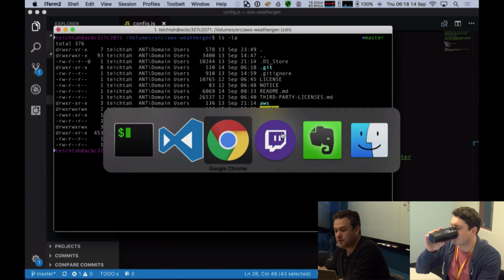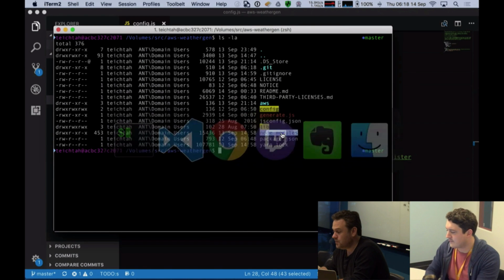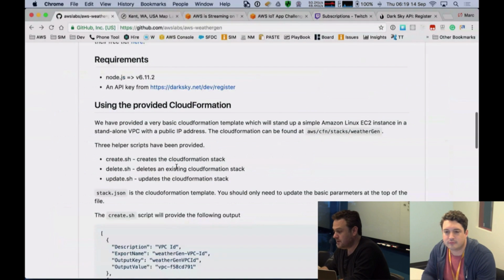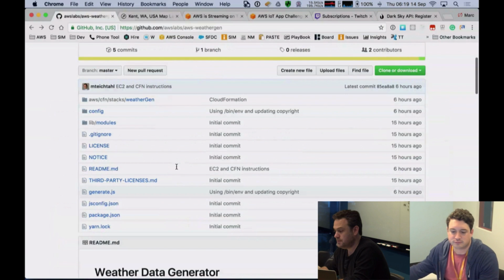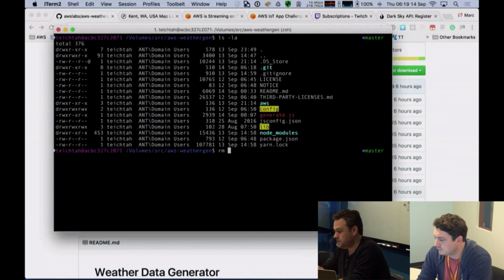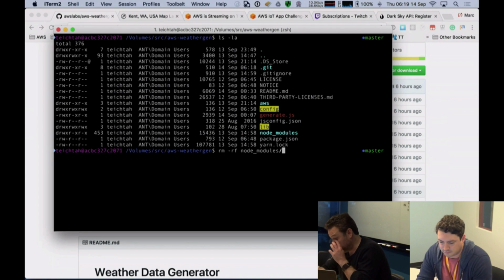So if we jump across to what that repository looks like from the ground up, there are no node modules dependencies in here. So what I'm going to do, just to show you how to do this installation of the dependencies, is I'm going to remove my local node modules directory.